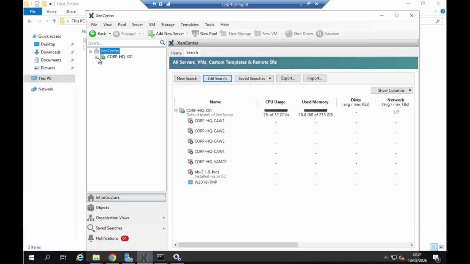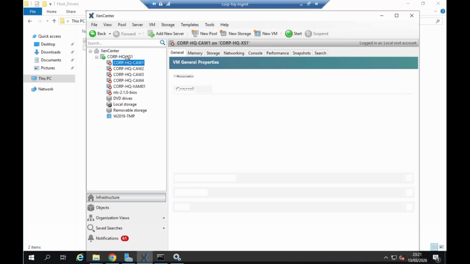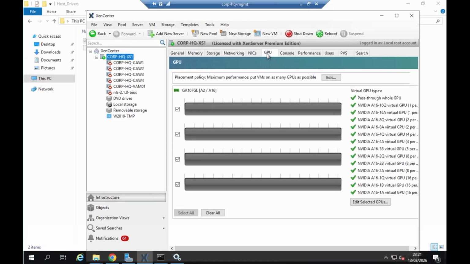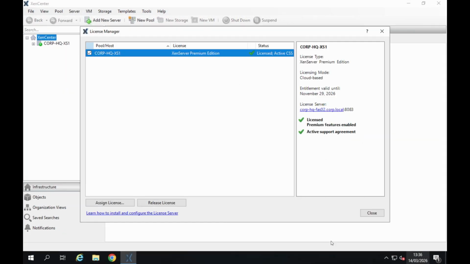If we go into the GPU section on the XenServer host now, we should be able to see that the GPU is now showing, which it wasn't before. So look, yeah, we've got all the different virtual GPU types in there now, and we can see our A16 card as well. Now that I've completed the upgrade, I've gone into licensing, and as you can see here,